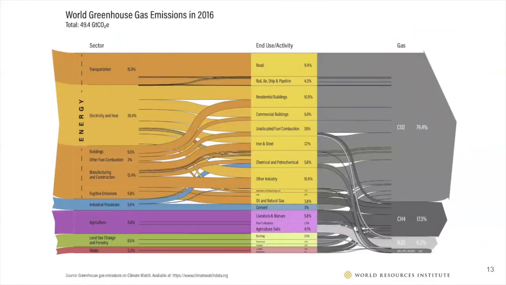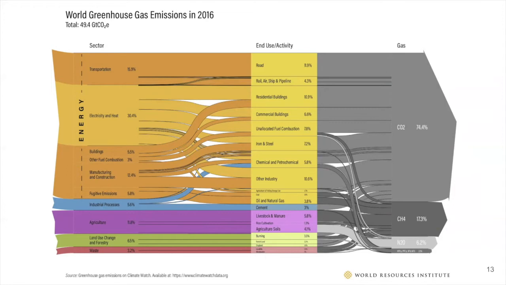So we know that there are emissions, that they are rising, and that this is causing warming. So where are these emissions actually coming from? This diagram, again in the pattern of putting large complicated diagrams on these slides, shows where the emissions actually come from, broken down by sector. In the first column is the actual sector, for example, transportation, electricity, agriculture, land use.